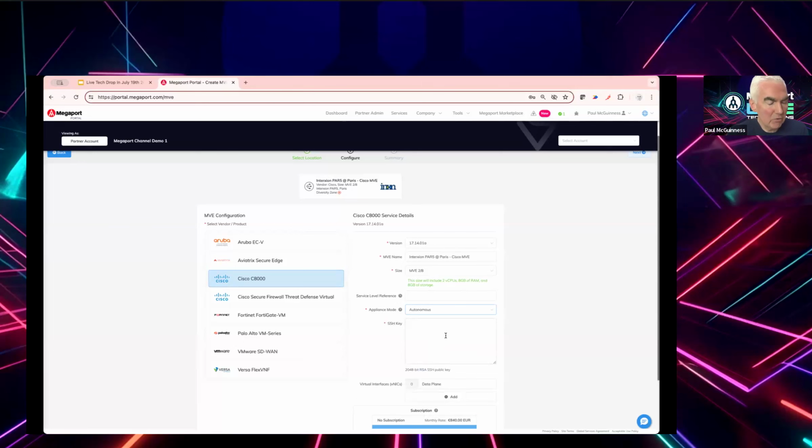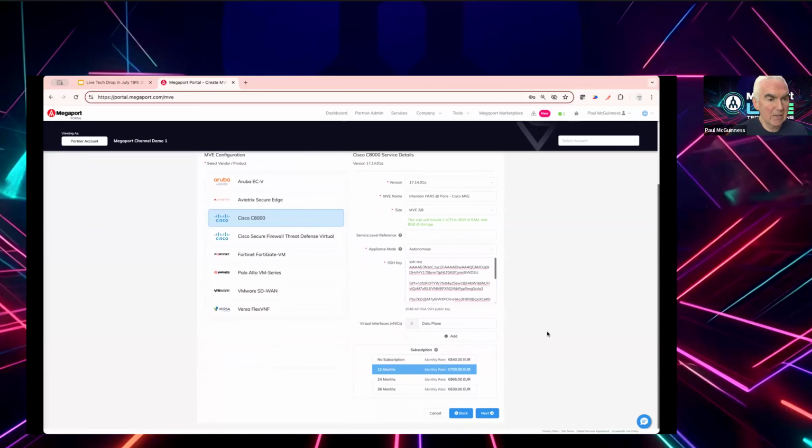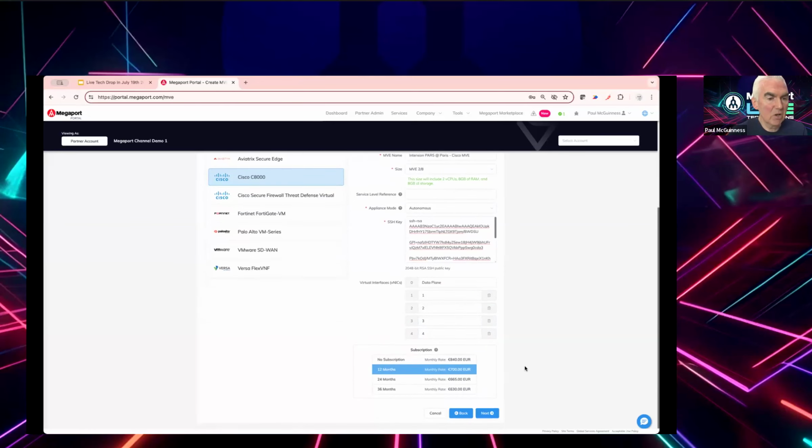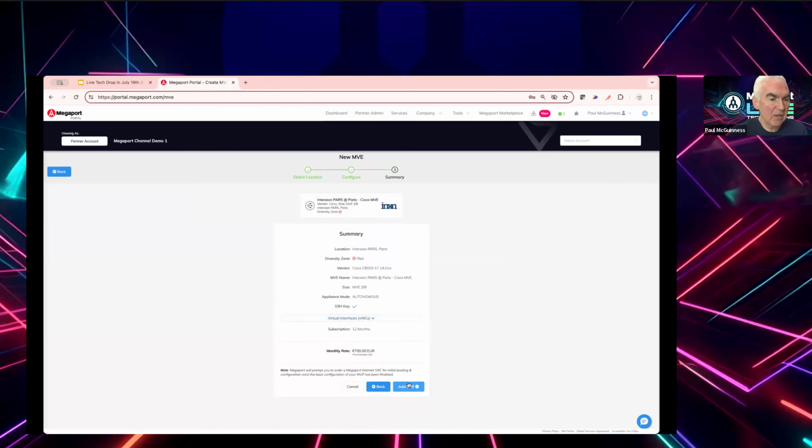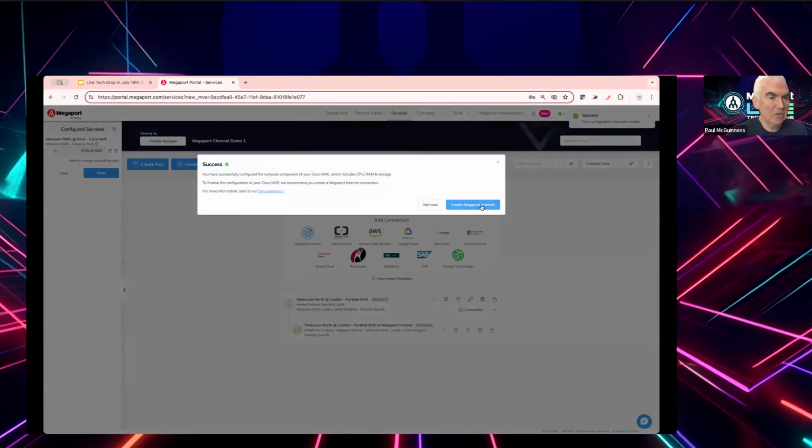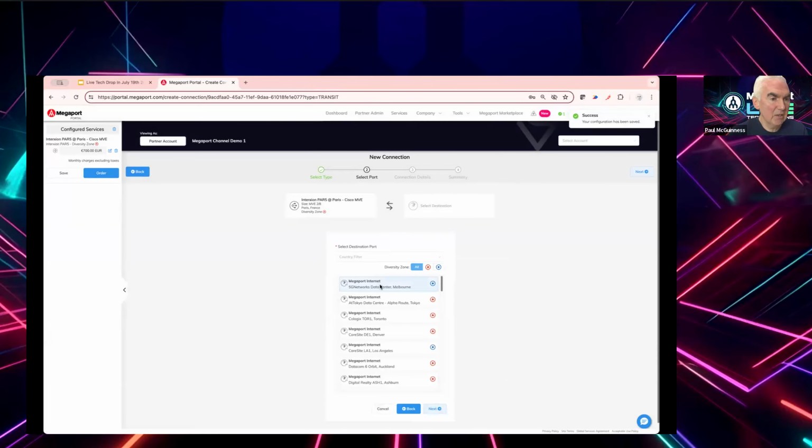In this case, we're going to create an autonomous mode device. So like a standalone C8KV router, we can add additional VNICs if we want to. Let's just add the whole lot of VNICs. So we've got all of them there. We can then select next on that, add that virtual edge, and then we can create an internet just like